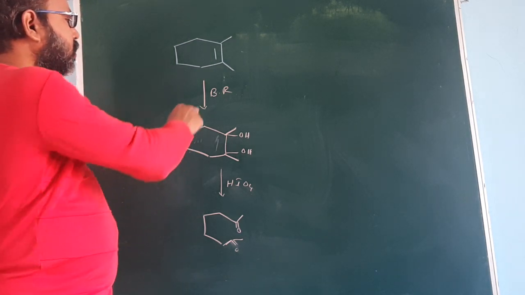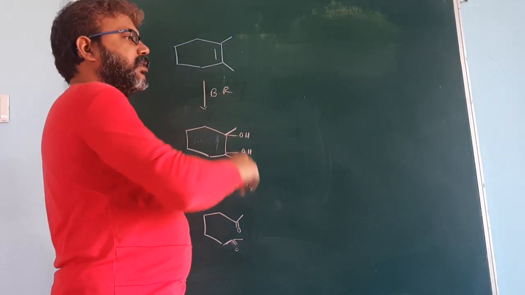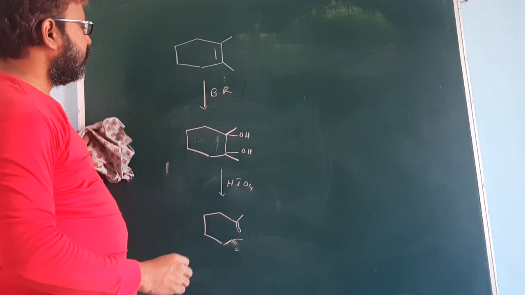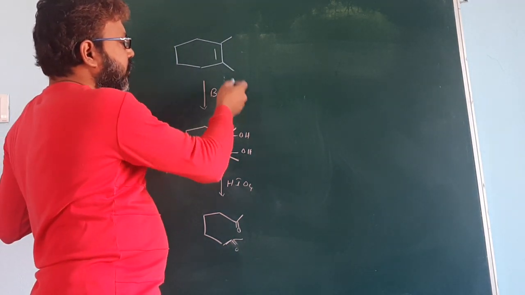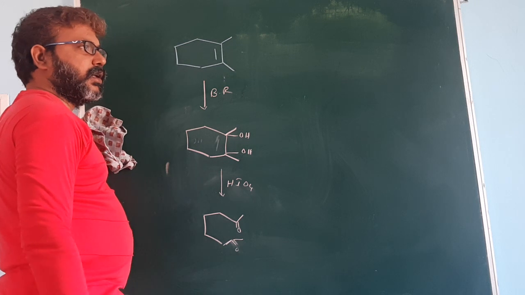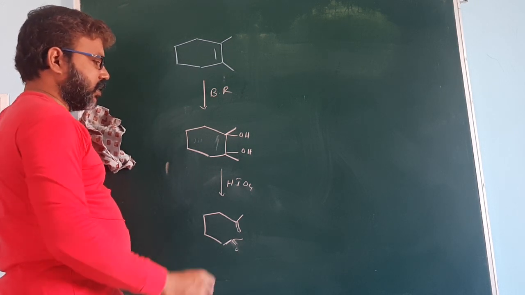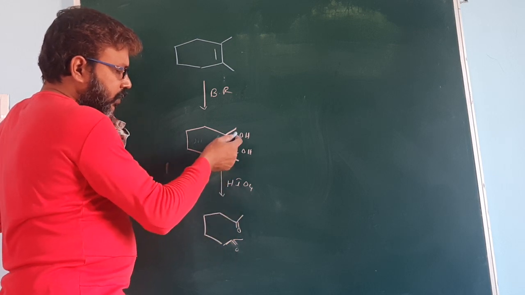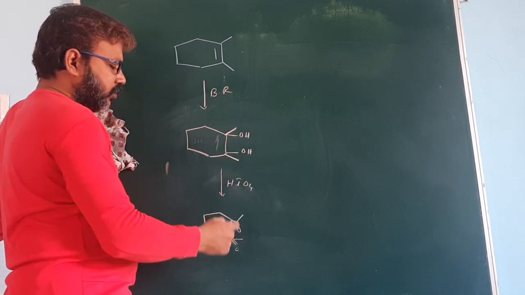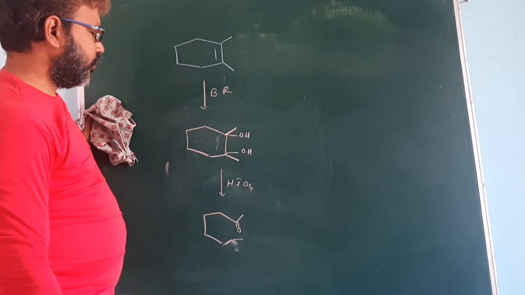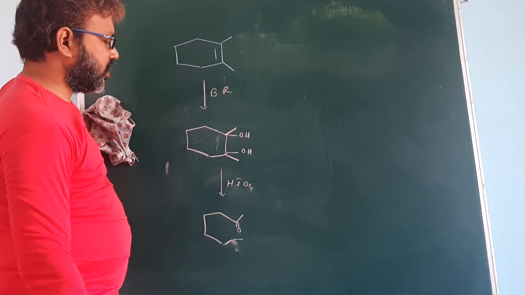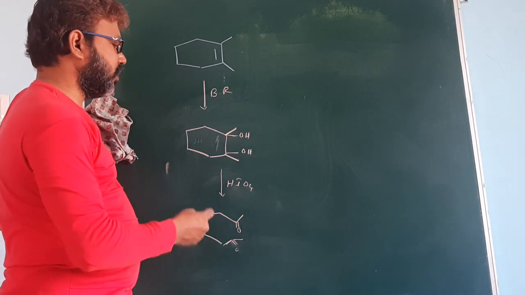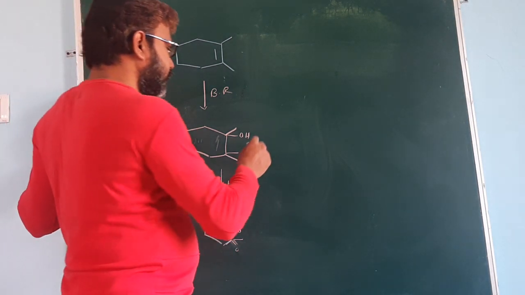So this reaction is well known. Bayer's reagent is useful for identification of unsaturated site. It gives a diol, and the addition is syn addition. Now it reacts with HIO4. The OH group is converted to aldehyde group. So HIO4 is an oxidizing agent. Which type of reaction mechanism do you observe here?